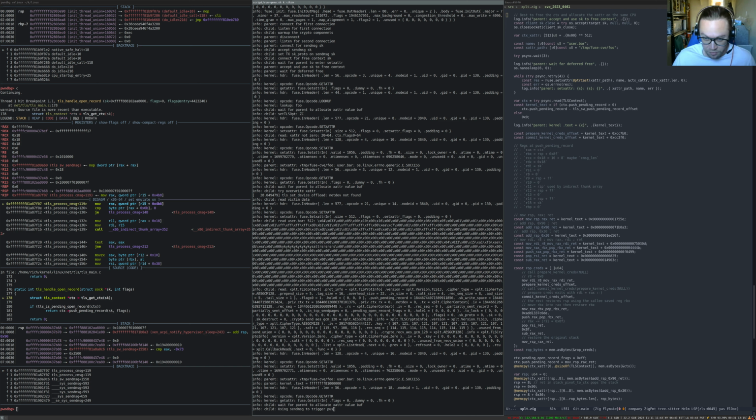But during the cloning of the socket and copying the TLS context, the kernel just copies the TLS context pointer, which it shouldn't do. It should actually clone that object and create 2 separate objects that is then passed to the child socket, because when the child socket closes, it frees that context, but the parent socket still has a